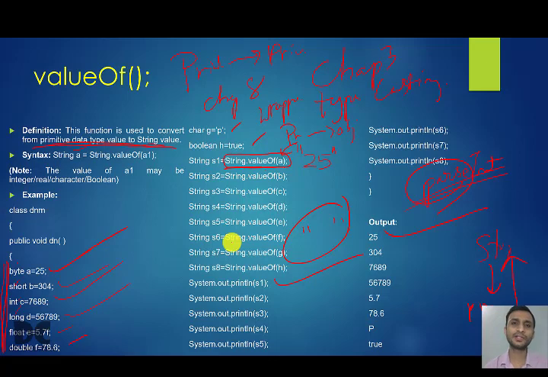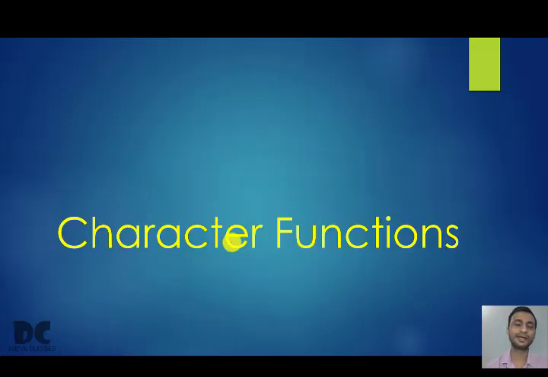So this completes all types of string functions. Now we'll move to character functions. String and character are different. String is a class type data type, and character, which we call single character, is a primitive type. So in the previous case we are talking about strings. Now we'll be talking about single character constants.